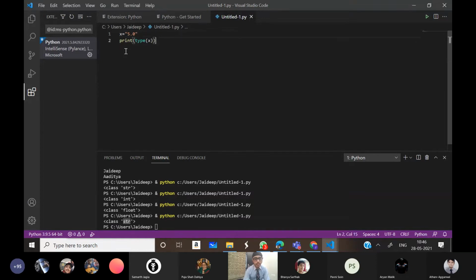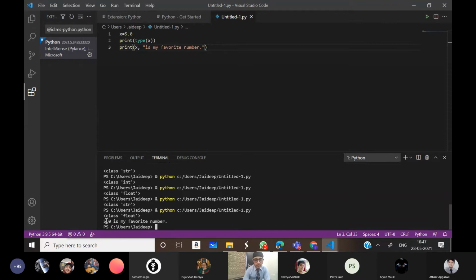And we can also print a statement with both a variable and a string. If I say x is my favorite number, it will say 5.0 is my favorite number.